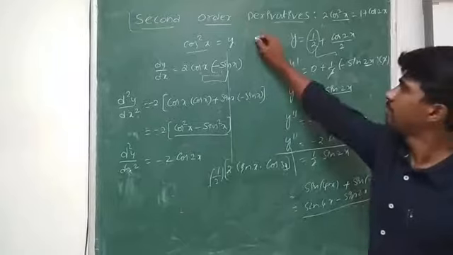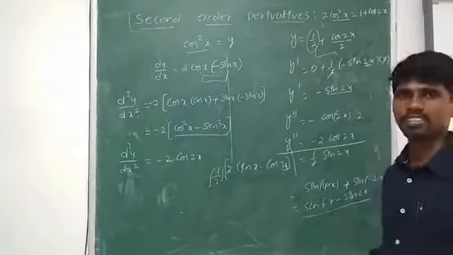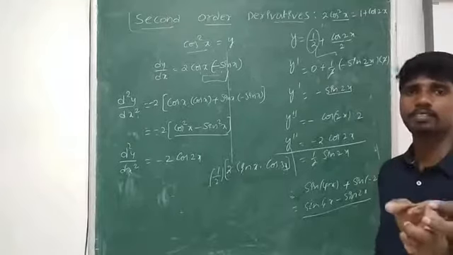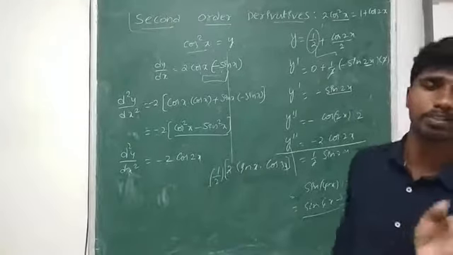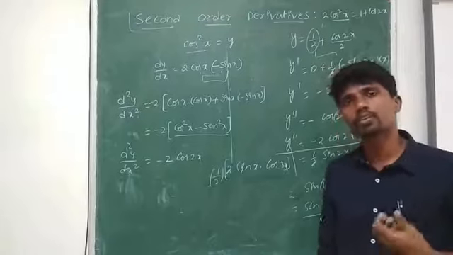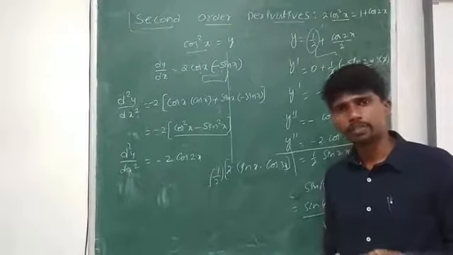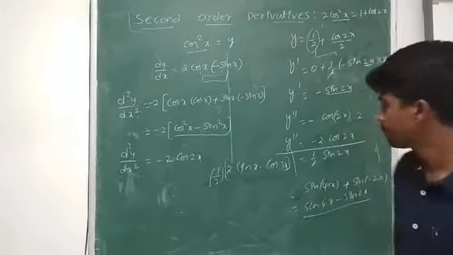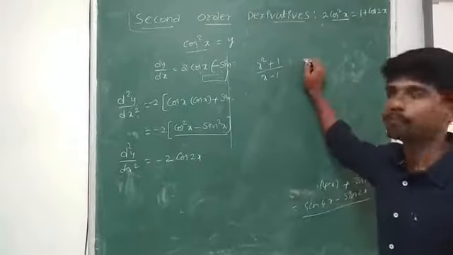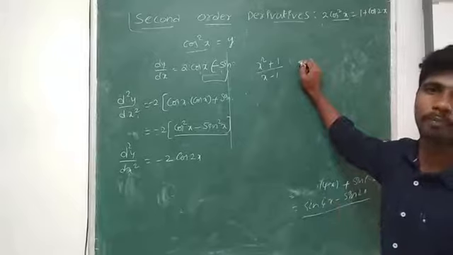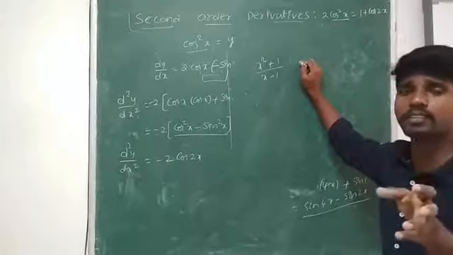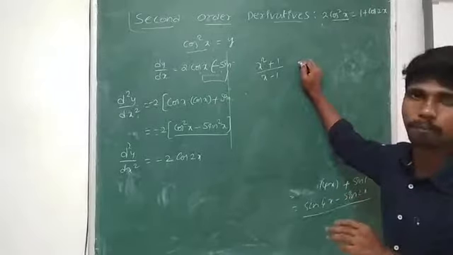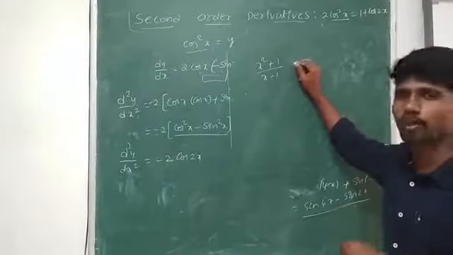In the same way, if they give sin cube x, use the sin 3x formula and find the expression for sin cube x in terms of sin x and sin 3x. If they give cos cube x, find the expression for cos cube x in terms of cos 3x and cos x. So instead of going for u by v form, for a single derivative it will be easy. For going to the double derivative, I am suggesting this. For a single derivative we can do directly u by v.